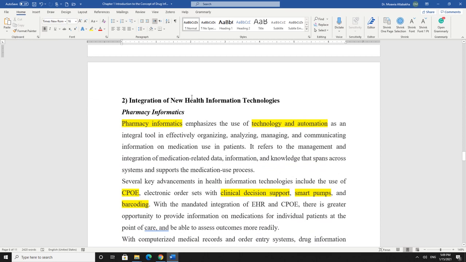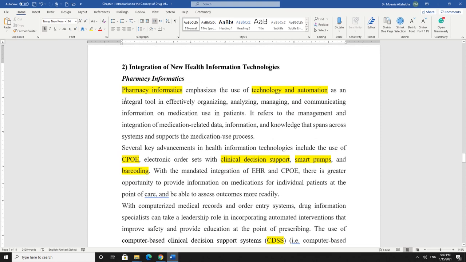So what impacted the evolution of the pharmacist role is the need to report adverse drug events, and the presence of technology, the integration of health information with technology. Okay, so we have technology together with drug information. So we may have, as I discussed previously, pharmacy informatics. Everyone must know what we mean by pharmacy informatics. And as I said previously, use of technology and automation.